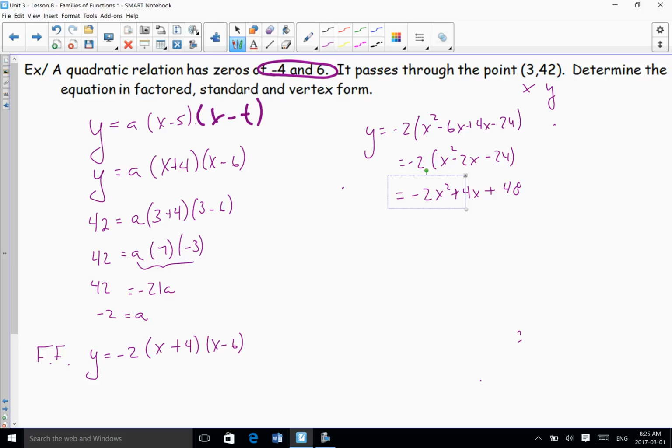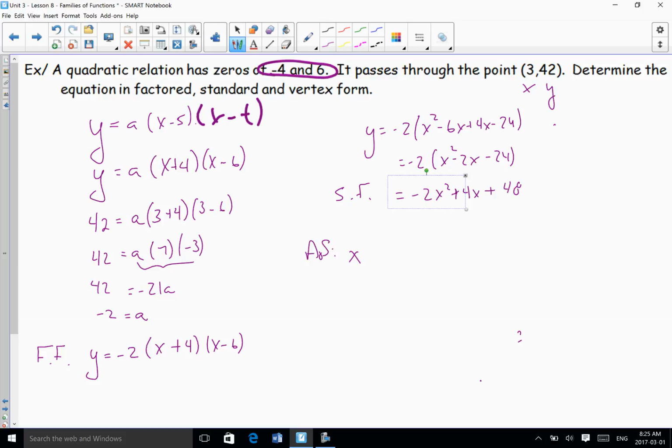Okay, and there's our standard form. So all we need is vertex form. We can do that if we find our vertex. Our vertex, the fastest way is to either use our zeros and average them, which will work perfectly fine, or -b over 2a, because we have our standard form. So we'll just do both just to show, come up to the same axis